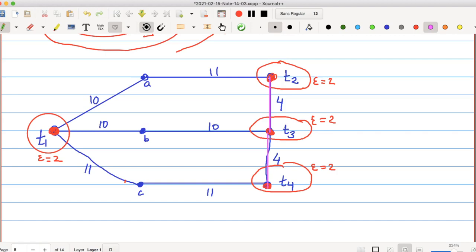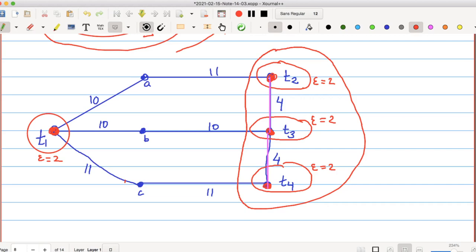Okay. So now we have some new tight edges. So now the new sets we will consider are basically the connected components using the tight edges, right? On the left hand side, we don't have anything. On the right hand side, we have this new connected component. So that is our new dual variable we will consider.